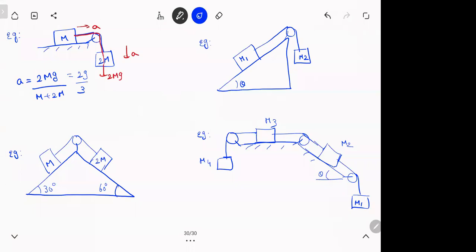So basically, what is happening here? Even though m is not contributing anything, not giving any force, it will still take the force. It's like you don't bring anything to the party, but still I'm going to share the food with you. Getting it? Even though m is not contributing, it is taking force from 2 mg to move. So the 2 mg will be shared among the total mass.